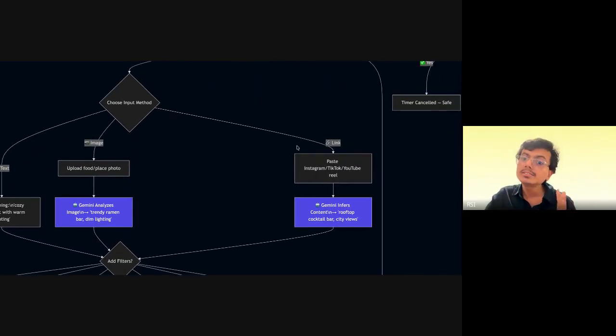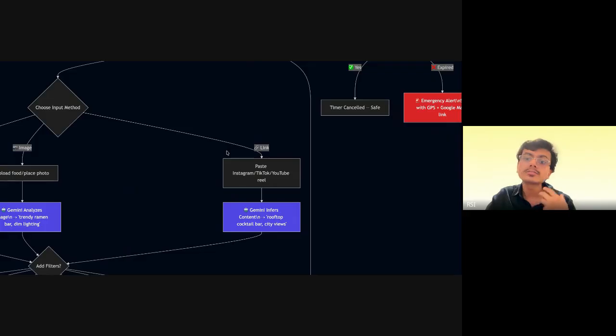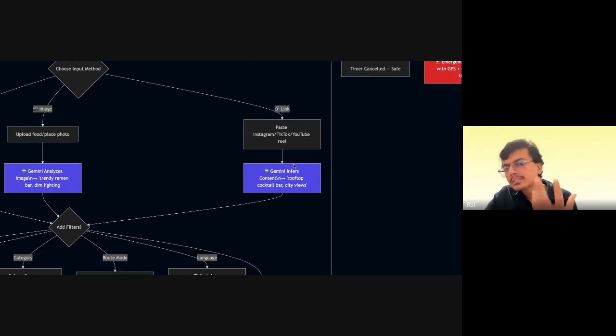Next, if the user chooses link as an option, I have also tried to develop a capability where the user can paste any Instagram, TikTok, or YouTube reel. What happens is Gemini goes through that link and tries to infer the content. Obviously, Gemini works better with YouTube, but still, we have tried to develop it in such a way that it is able to understand the image, the video, and the audio transcription, so that it comes up with, for example, if the video shows a rooftop cocktail bar with city views, then our AI system understands what the user